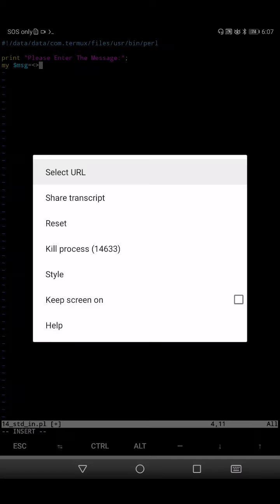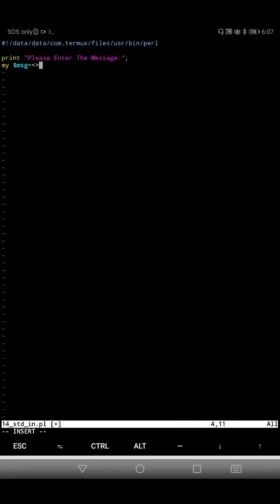This is the syntax, the standard input syntax. You can write here STDIN between the less than and greater than. This is the variable; you can write anything, that STDIN.